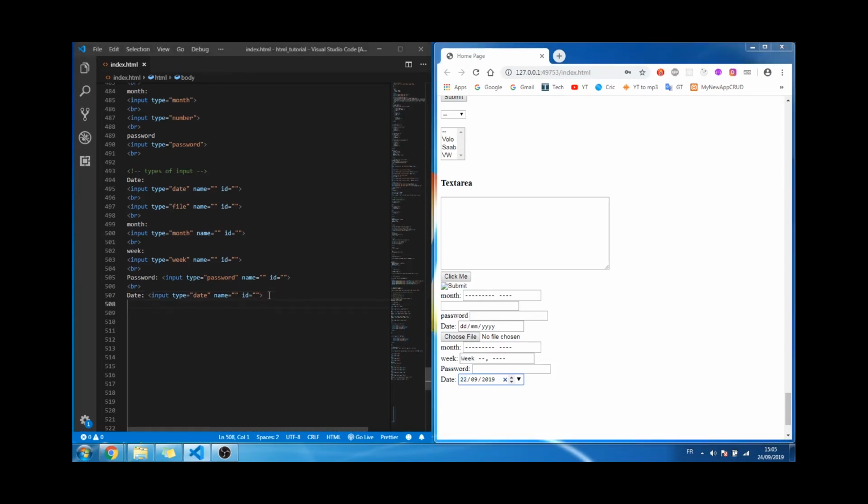You have another one which is number. It will only accept a number, input type number. You cannot type any character except number. So 1 2 3, whatever you type, it will not accept the special character, nothing, only numbers. So it is doing data validation, it is being done by HTML itself. This is how you can use